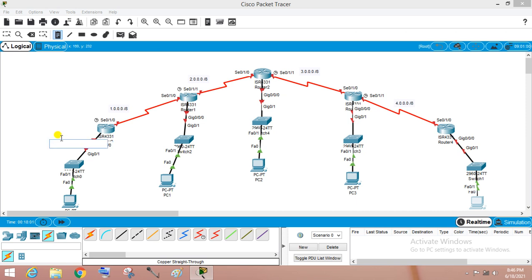Okay, now on the LAN interfaces: 192.168.10.0/24.